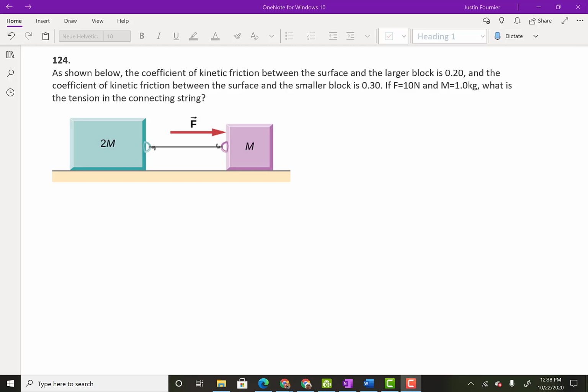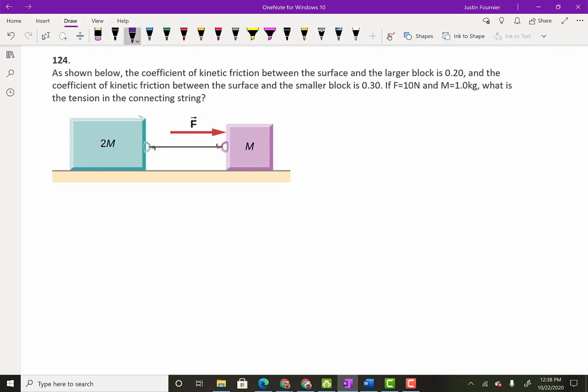Right, so I'm doing a solution here to problem 124 on homework 6E. It says, as shown below, the coefficient of kinetic friction between the surface and the larger block is 0.2. So I'm guessing this is the larger block. And the coefficient of friction between these